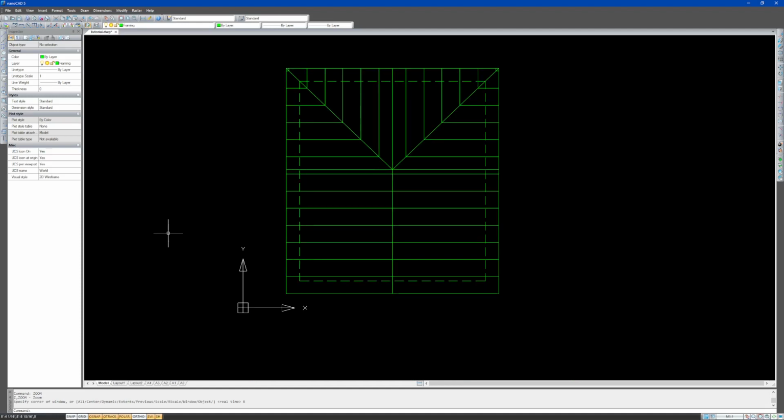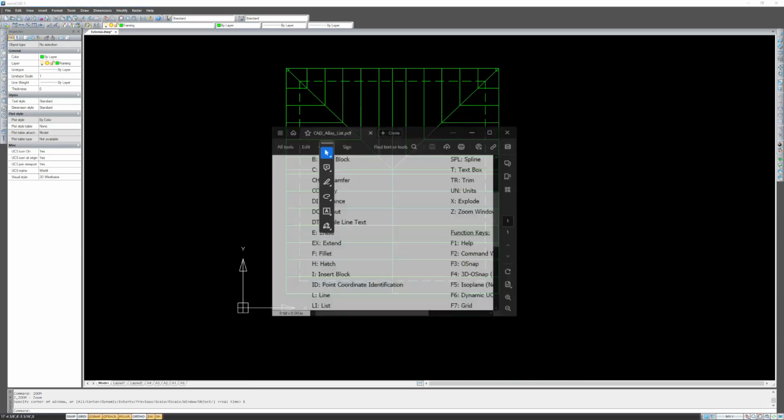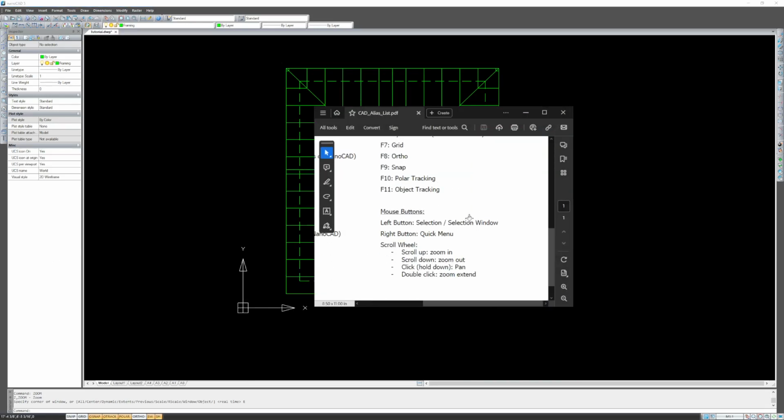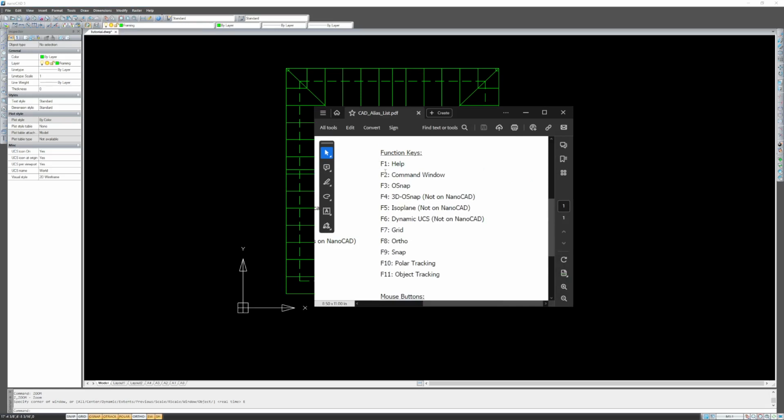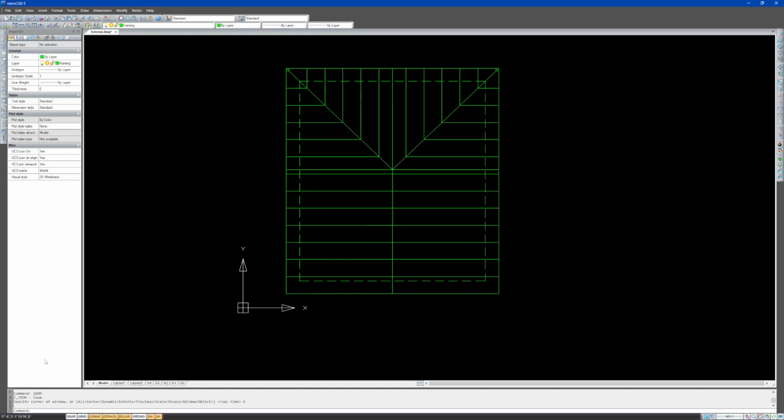on a few of the tools that I've been working with that I haven't really shed any light on, and those are the function keys. Oops. So all of these, I think I've gone over a few of these, and some are not applicable to NanoCad, so I'm just going to try to go through some of these real quick. So starting off with F1. F1's pretty standard throughout a lot of software. F1's just the help